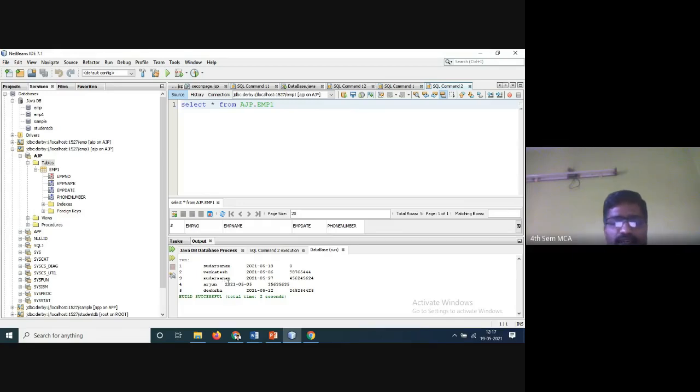Venkatesh, Sudarshanam, Arjun, Diksha. These we have entered. SAP.emp1. Okay, so these are the fields, and you can view the data.